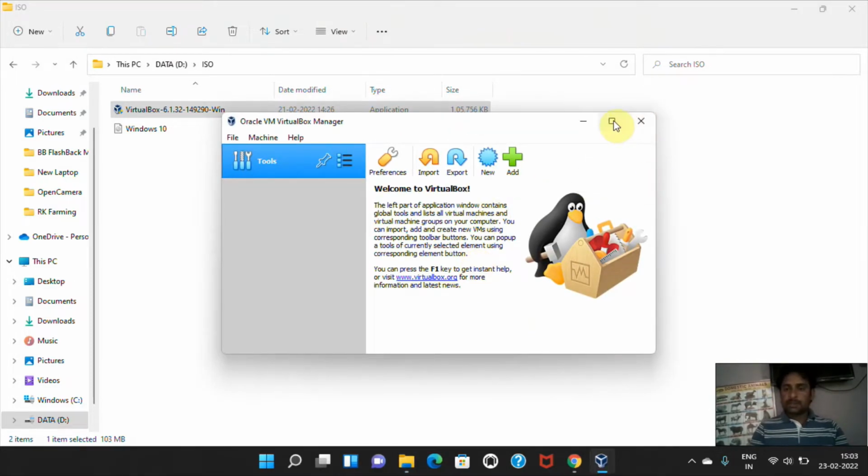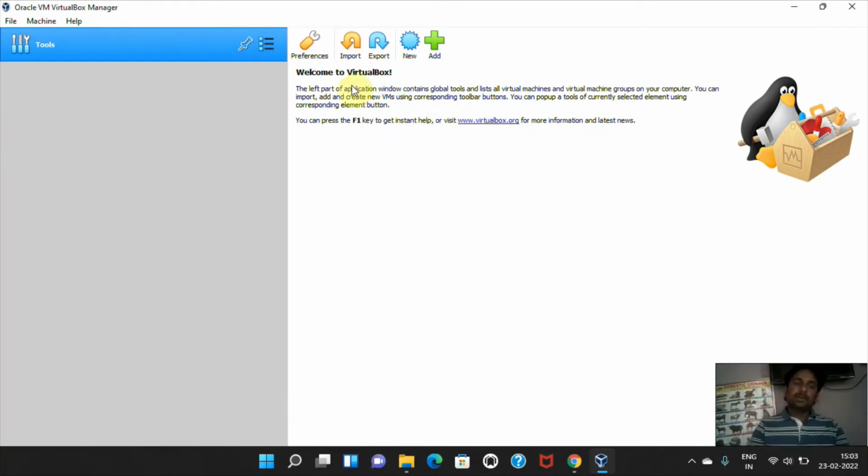So this Oracle VirtualBox is open. If you already have a VM machine, you can import it. If you have machines here, you can export those machines. I don't have any machines now, so I will create one machine. Just click on new,